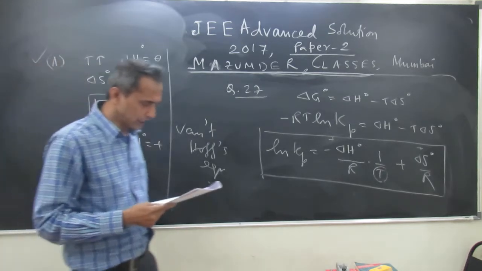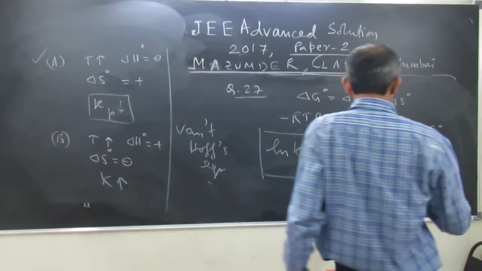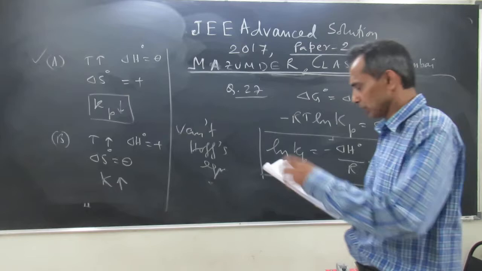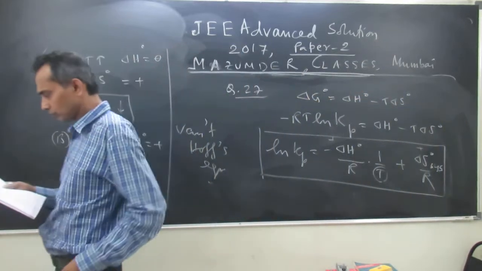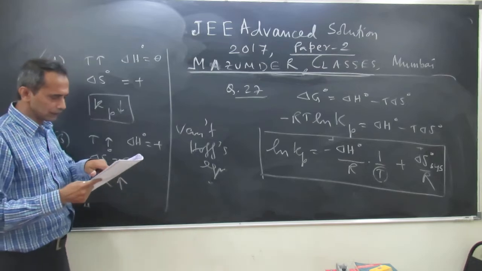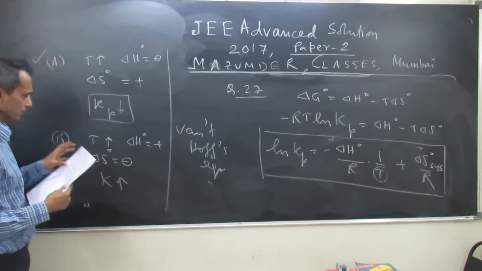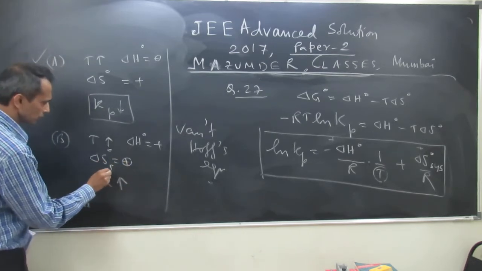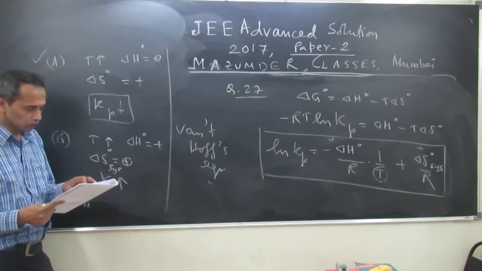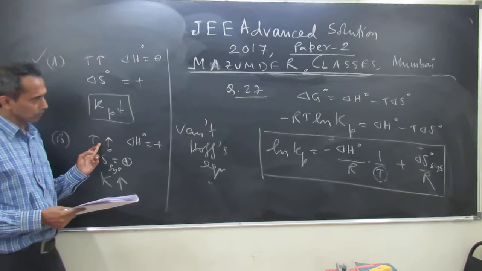See, for example, over here we talk about delta S naught of the system. Actually, we talk about the system. So, if it is so, now they are saying that entropy of the surrounding decreases. That means entropy of the system increases. Entropy of the system is increasing. So, therefore, with increase in temperature,